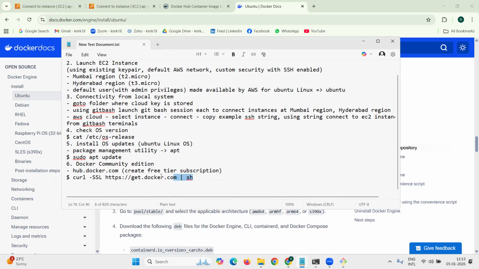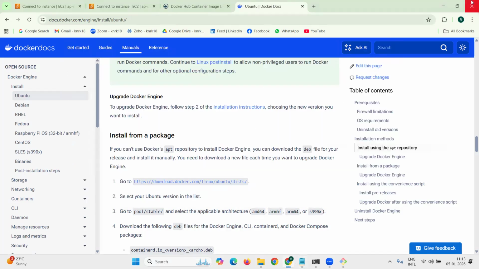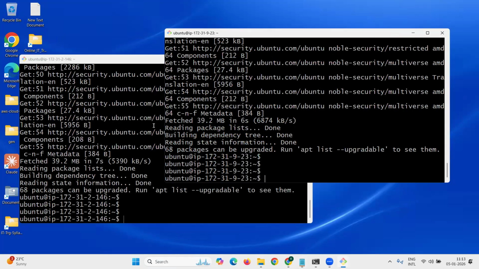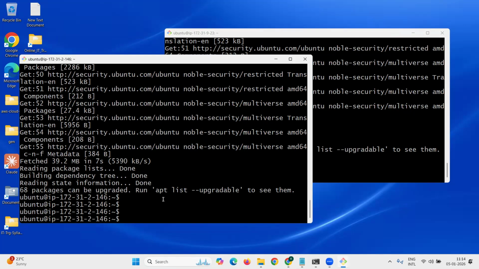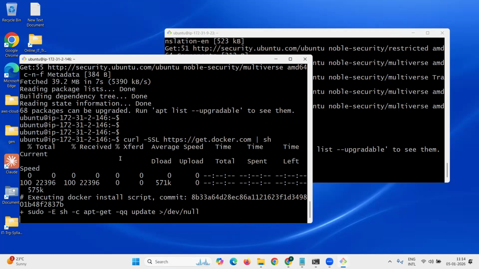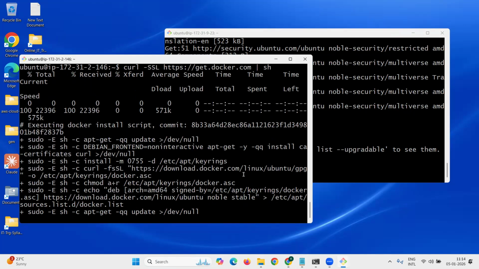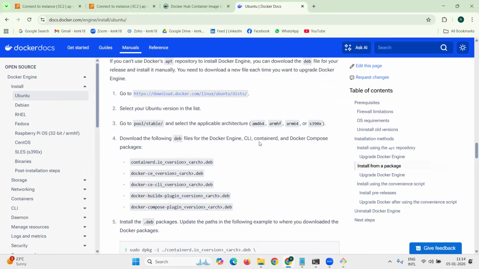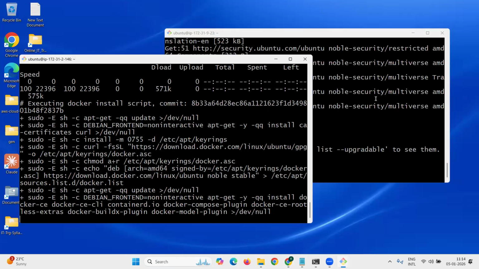So let me use this command first. And as you can see, we don't have to connect or go through all the steps. We just need to do the simpler version. So first I am doing it on the left-hand side terminal. You can see it will download and perform all those steps. Most of the steps which are listed here, all those steps will be part of the single command. Now on the right side as well,